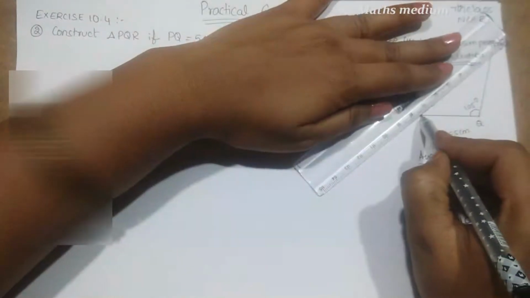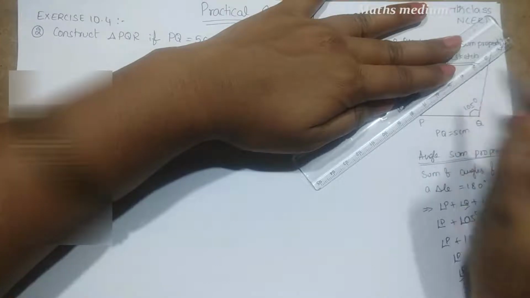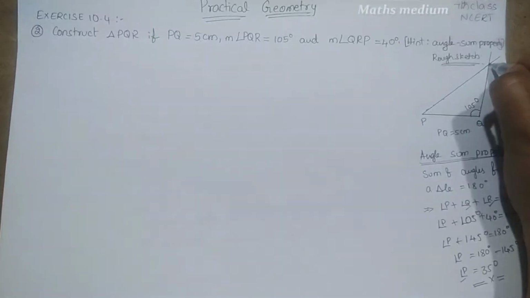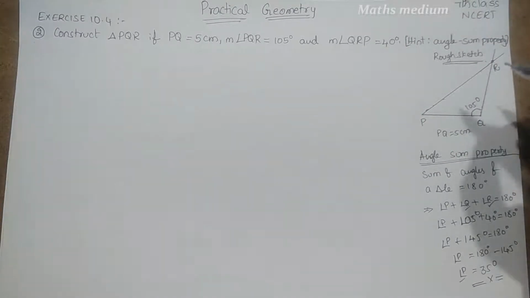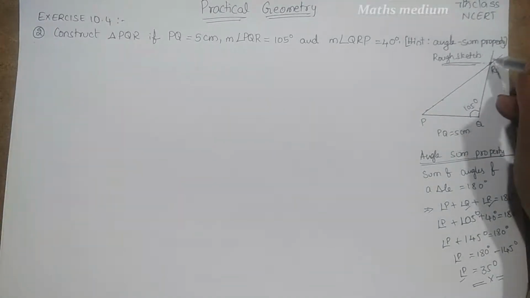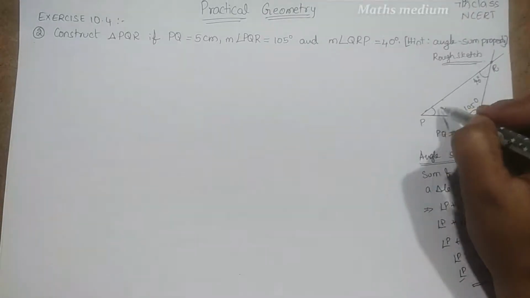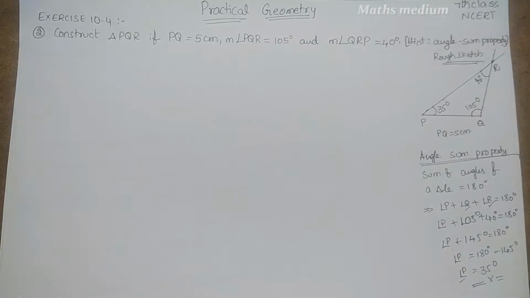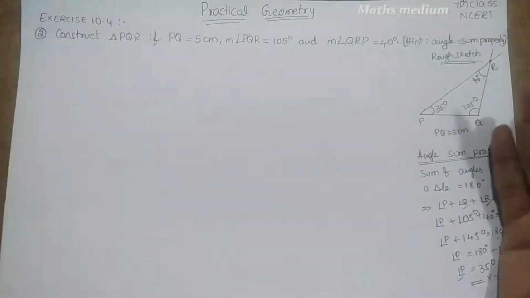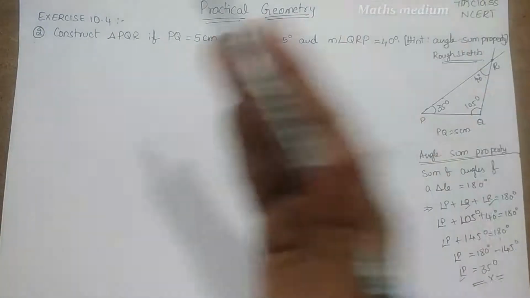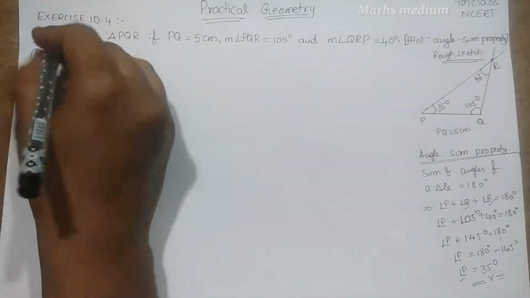This is a rough sketch only. Now extend this to where the point of intersection occurs. So this point of intersection is called R. Now if you have any doubts, put a protractor and see. If you see, this gets 40 degrees, and this, we already know, is 35 degrees. So by using these three we got 180 degrees, right? So this is the rough sketch. If you understand this, you can easily construct triangle PQR. So let's start construction of the main triangle.